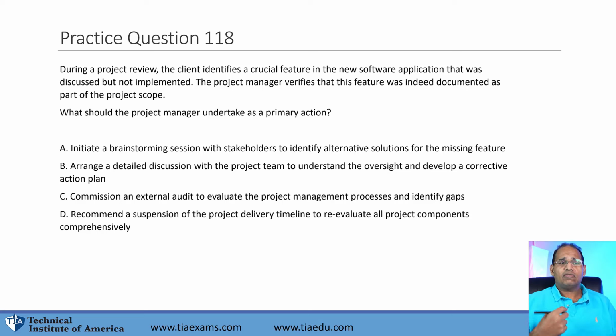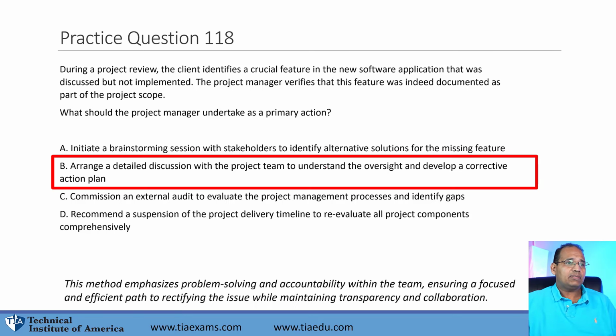Now, you're going to follow the mindset. So we missed something. If you miss a feature that's critical, that should have been there, they knew they should have gotten it done, but we just didn't get it done, find out why. What happened? Meet with the team and then come up with a way to solve it. That's the best thing we can do. Brainstorming, you don't want to come up with alternative solutions until meeting with the team. Maybe this is something the team can implement right away. You don't need an external audit